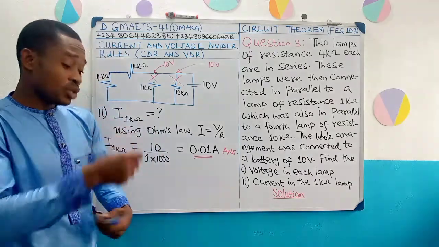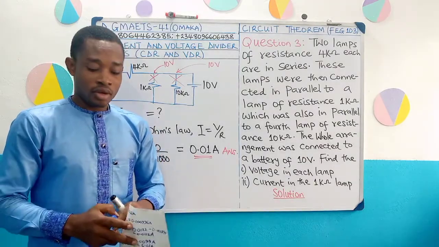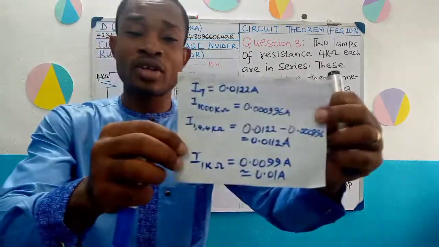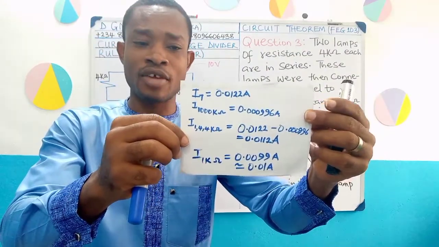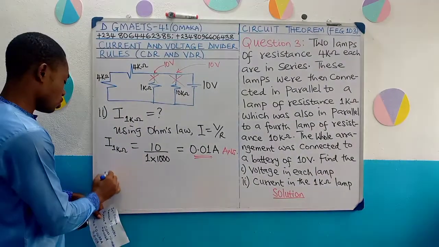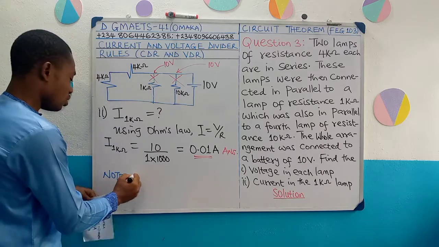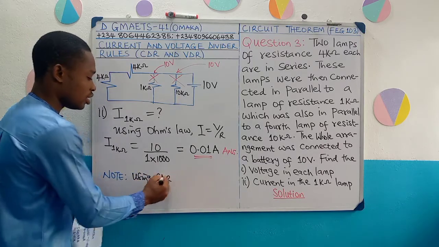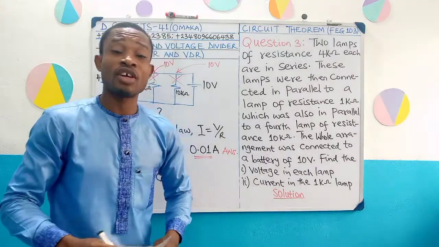However, I've been able to do some analysis on it using the current divider rule, and these are various values you are going to get if you use the current divider rule. Are you following, right? I'm going to write them on the board, notes, using CDR. Already in question number 1, we've already explained the concept of using current divider rule to obtain the current